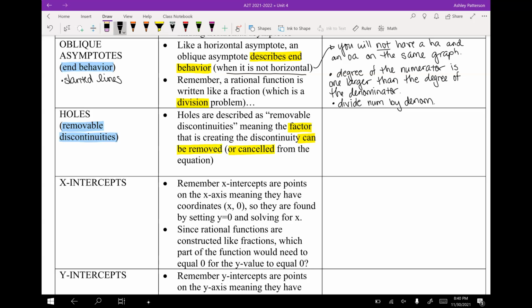Here's how we find it. A hole exists if there is a common factor in the numerator and the denominator that can be canceled out. So if there is a common factor in the numerator and denominator that can be canceled out,